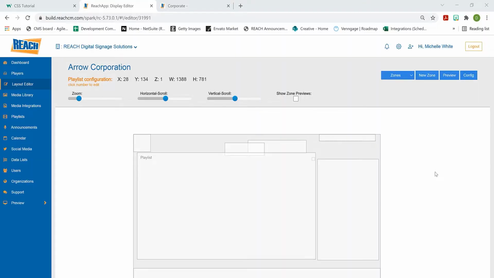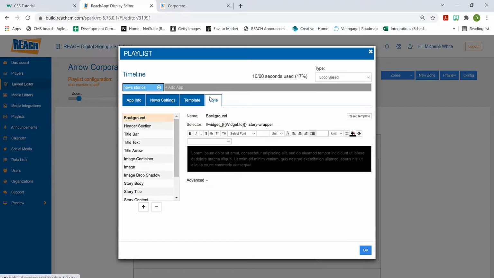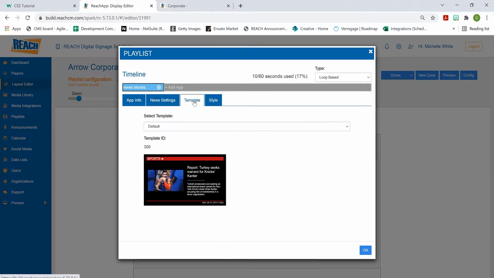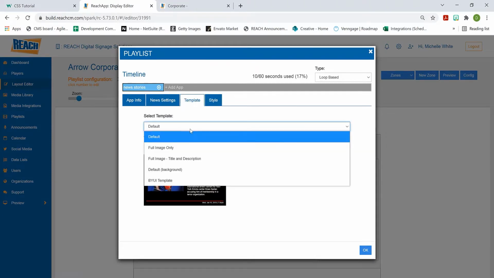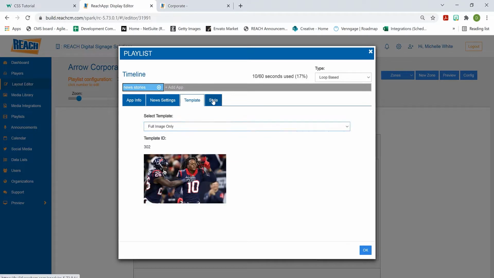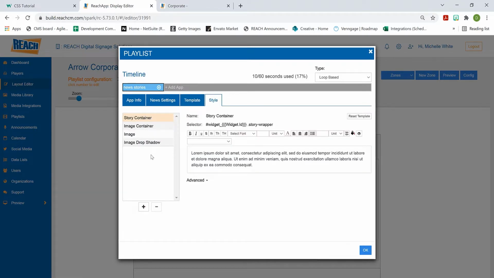Okay, so the basic idea of this is that when you create a zone, you're technically creating a div. When you add a widget, the widget has a wrapper, which is a div. That widget then is broken up into multiple different selectors. All right, so just to explain this again, as you select different templates, each template has different selectors